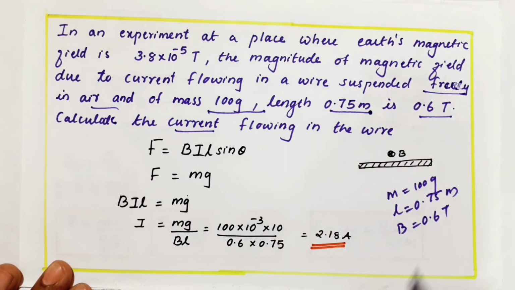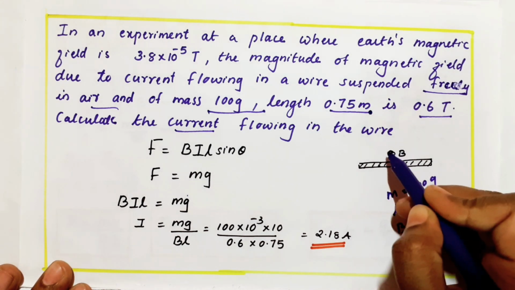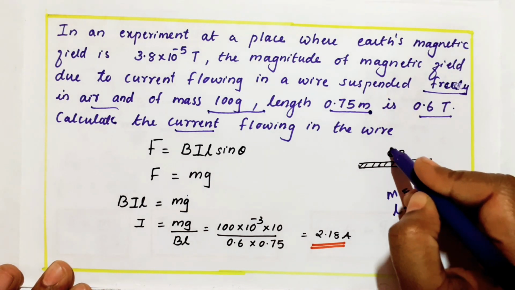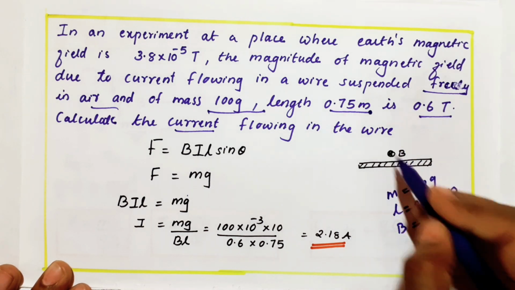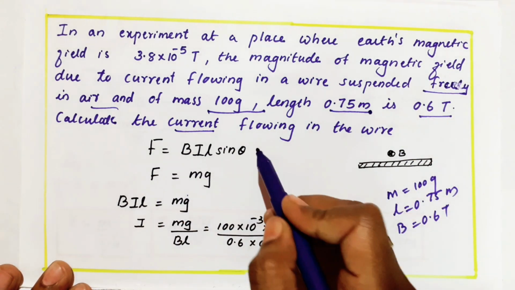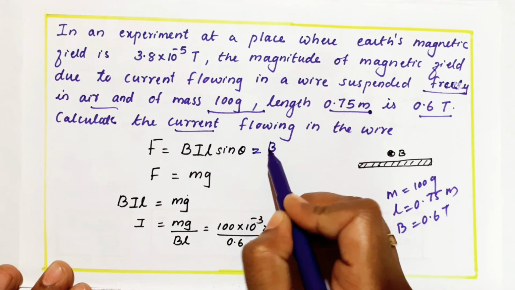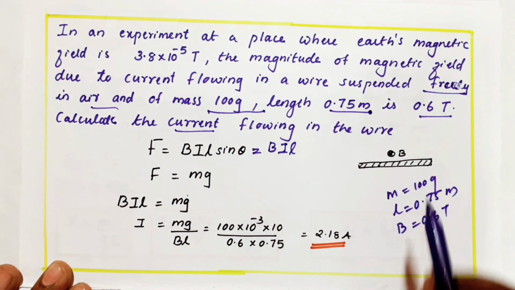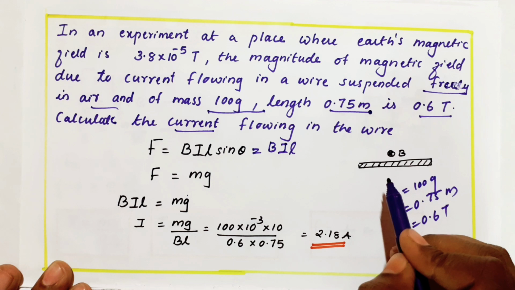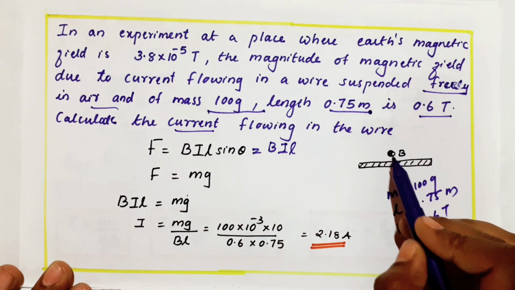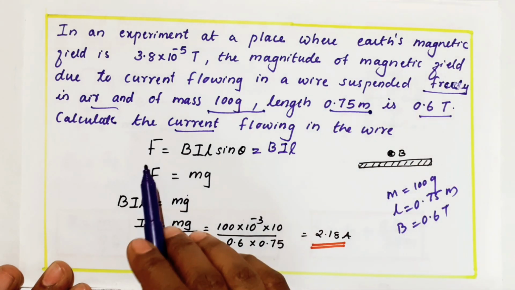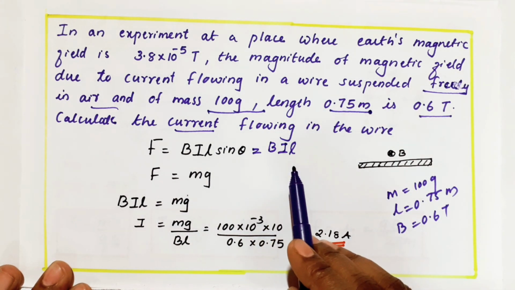So they gave a diagram like this. It means that the magnetic field is inside. It means magnetic field and the conductor are perpendicular. So the force is maximum, and I can write F is equal to B I L sine theta, that is equal to B I L, because theta equals 90. I put a cross here, so it means that the magnetic field is going into the plane. So these two make an angle of 90. So F I can write as B I L.